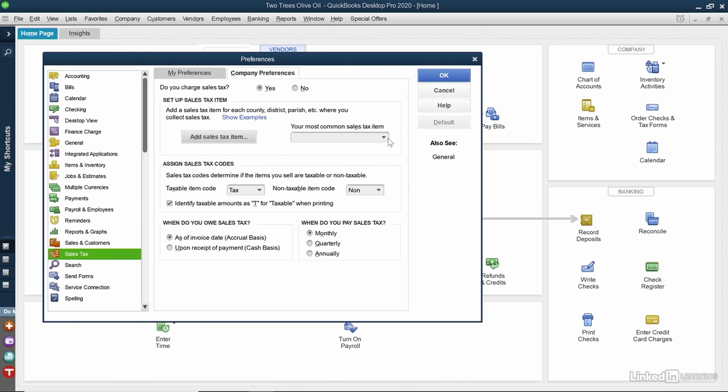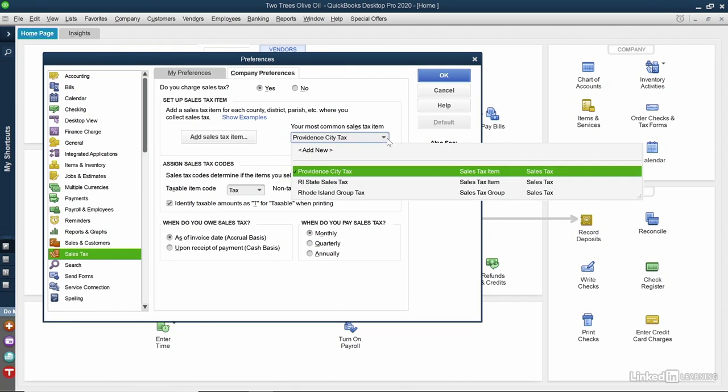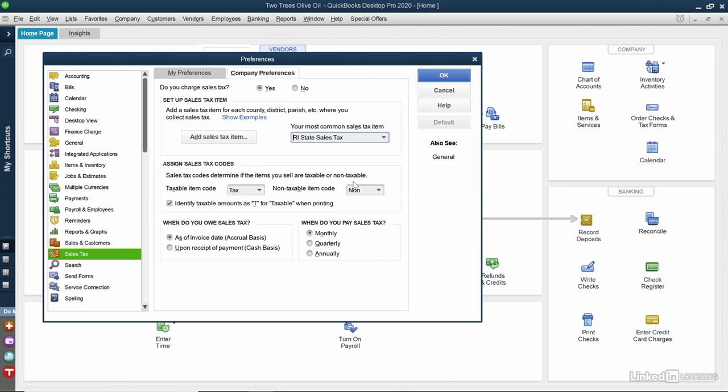I'm going to enter in my most common sales tax item, which is the RI state sales tax. I can also choose when I pay sales tax. It defaults to monthly, but in this case, I pay it on a quarterly basis, so I'll change that. I'll click the blue OK button,